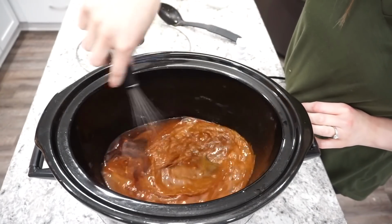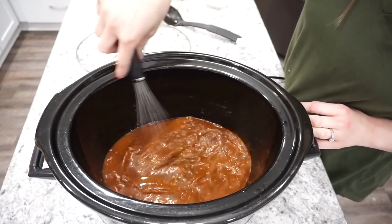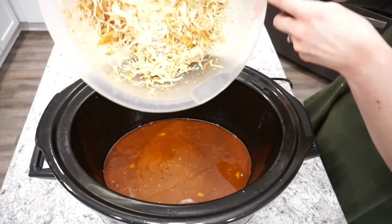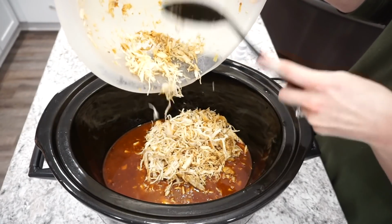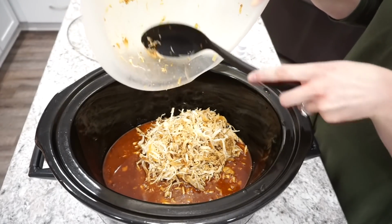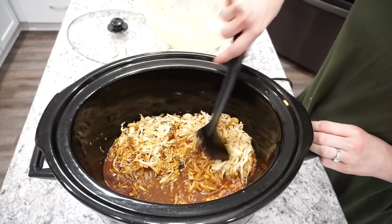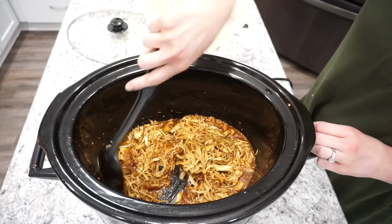This cornstarch slurry is just going to help thicken up all of the liquid. I am also going to be adding my chicken back into here, and then I'm going to let this cook for like another 10 to 20 minutes just until that liquid is starting to thicken up. I will say I don't even know if it would need the cornstarch, because once you add the chicken back in, I feel like it was fairly thick, but regardless, I did go ahead and add it,